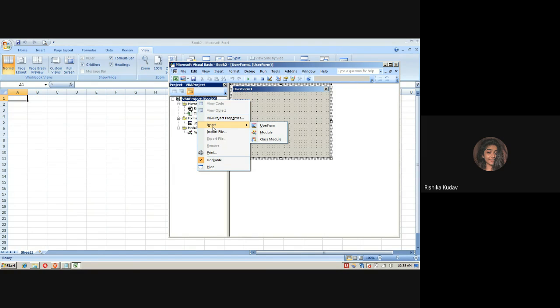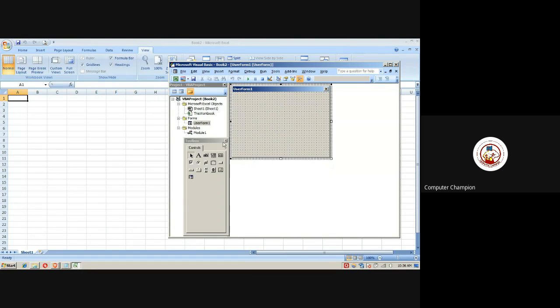Insert, you will get a user form. And again in insert, you get a module.